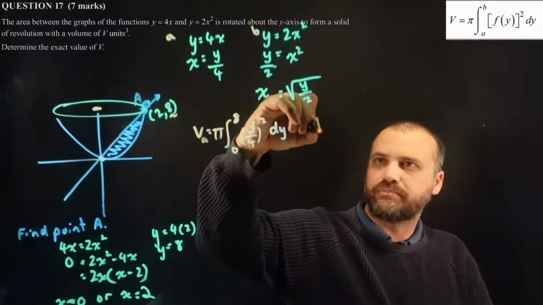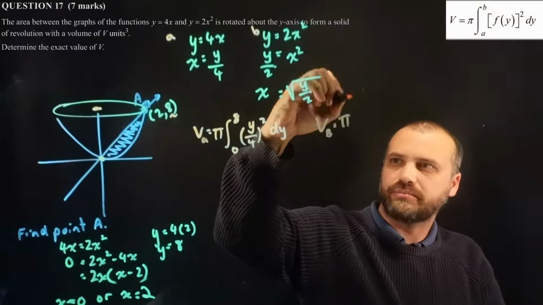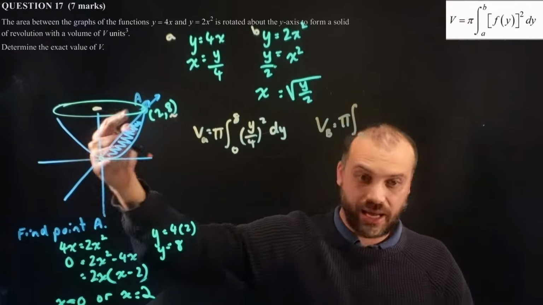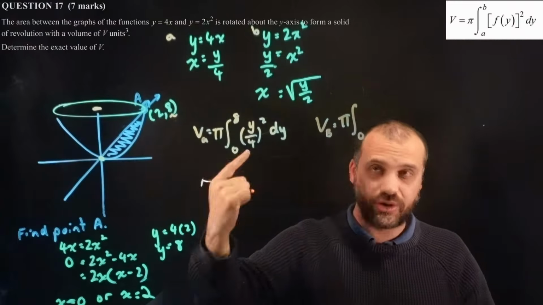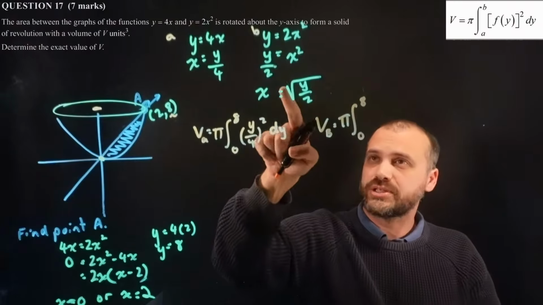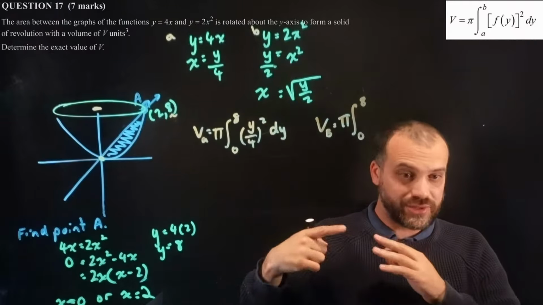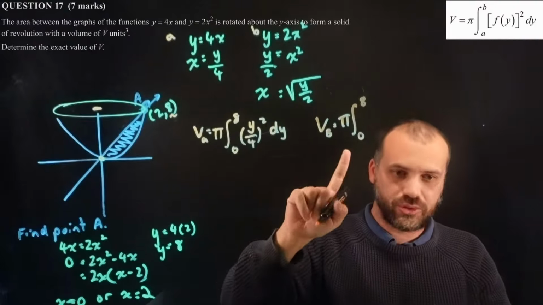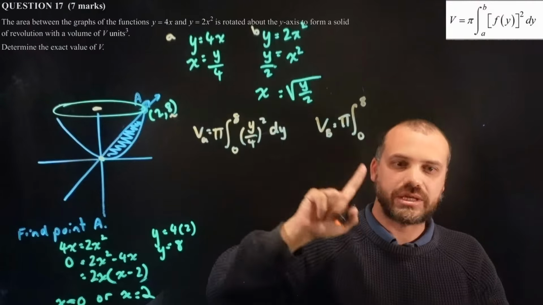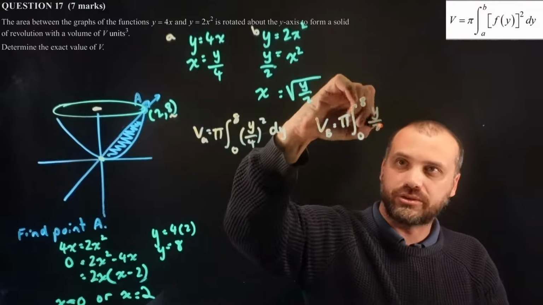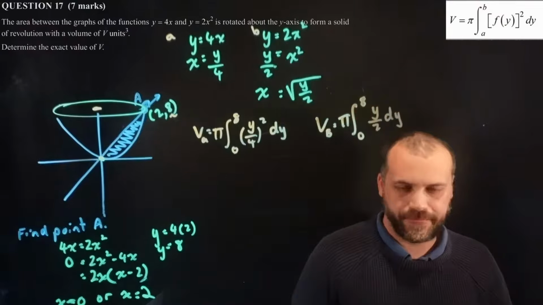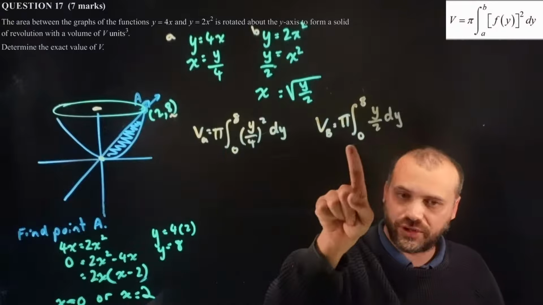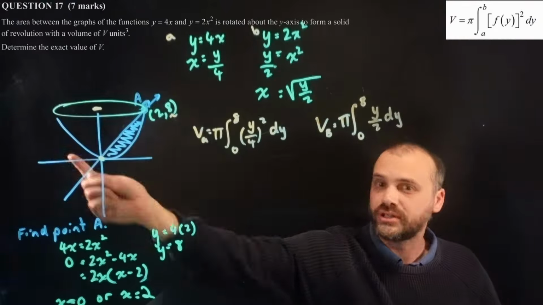What about the volume of B? Same deal again, pi. This time we're going between 0 and 8 again, right? Because that's our intersection point. We're rotating that around it. This time we're taking root y on 2 and squaring it. Well, I'm not even going to write that down, because root y on 2 squared is just y on 2, with respect to y. Okay, so I have a volume, and that's going to be the volume of solid revolution of the line, and a volume, and that's going to be the volume of solid revolution of the